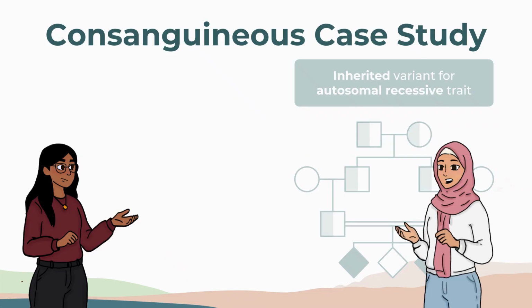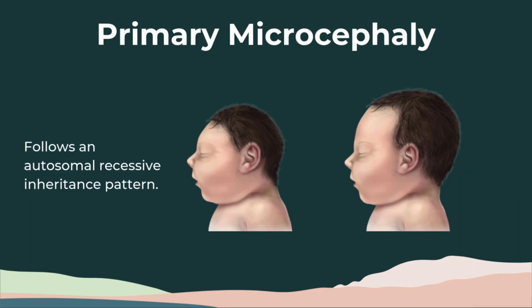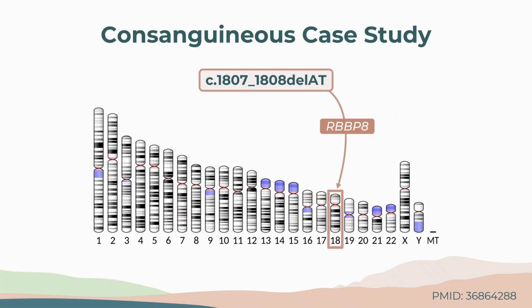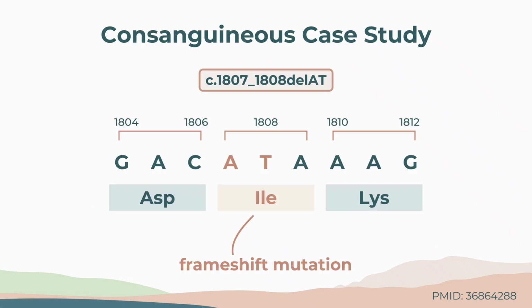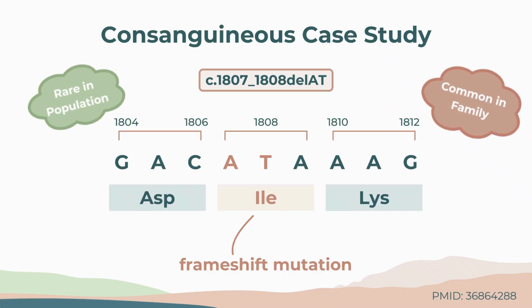Primary microcephaly? I don't think I have that in my notes. Essentially, primary microcephaly is a recessively inherited static neurodevelopmental disorder. They specifically found a variant in the RBBP8 gene, and right off the bat, it seems to be a frameshift mutation resulting in a premature stop codon. Is this common in the population? This specific variant hasn't been observed in the general population, so it could have arisen due to the complex family